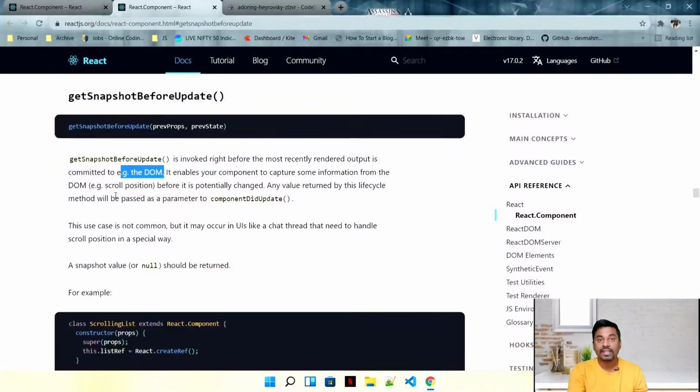The biggest example is when we start scrolling. If you want some events to be added to that scroll position, if you want to capture that scroll position just before you start rendering your actual DOM, you can do that in this particular method, get snapshot before update. So it takes the snapshot of your DOM.